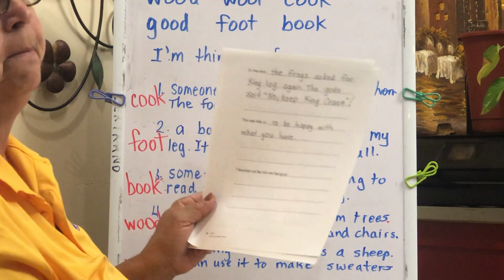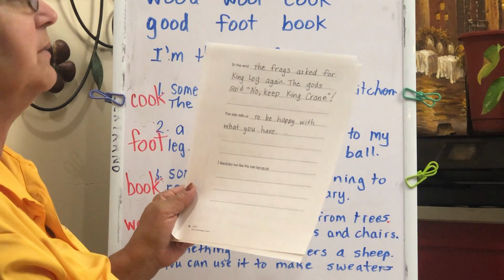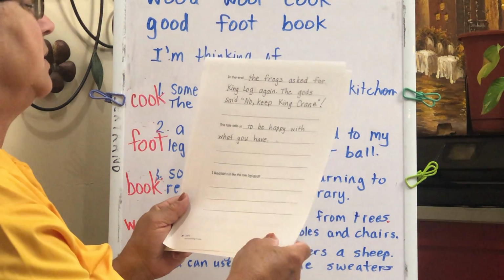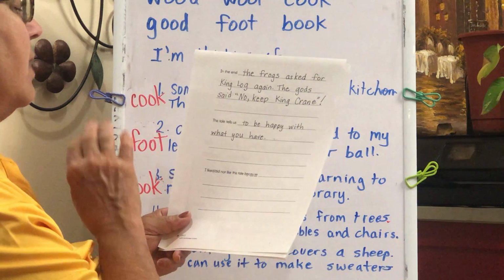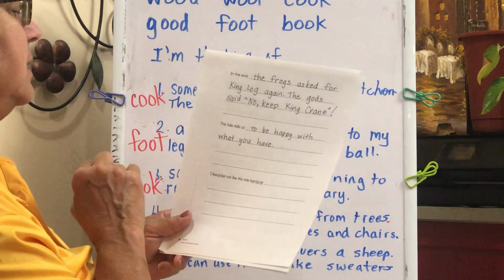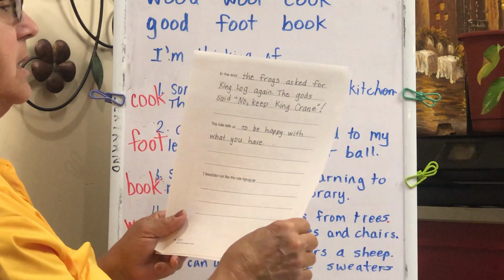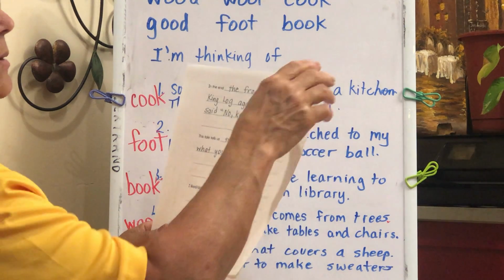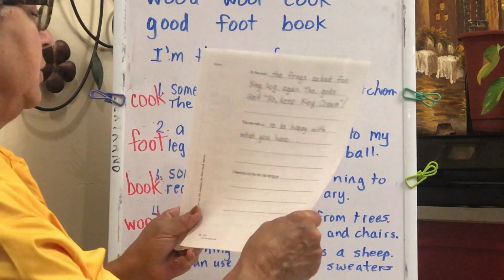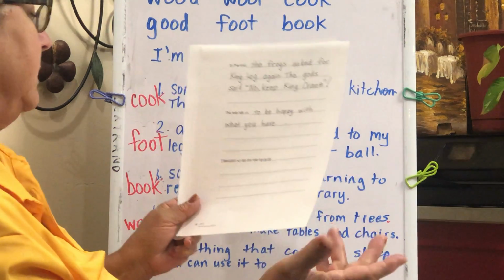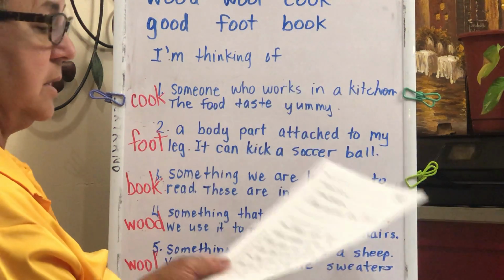Remember, we said that these tales give us a moral, or something to learn from the story. And then this is new. I liked or I did not like. You can circle liked if you liked it. You can circle did not like this tale because, and then you can tell us why. And it's okay not to like it. I really didn't like this tale too much, so I would write that I did not like it. But you tell why. You can't just say you don't like it. You have to tell why.